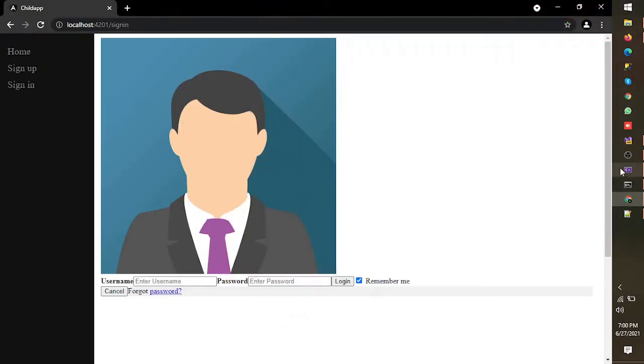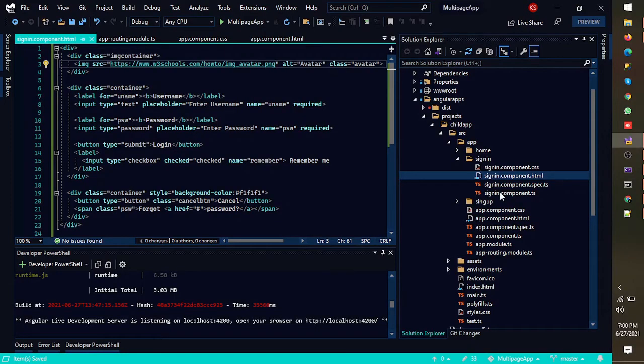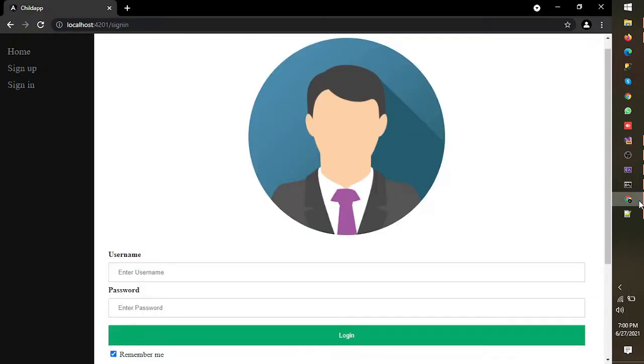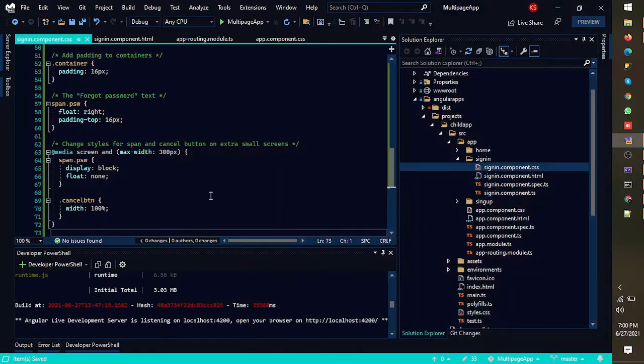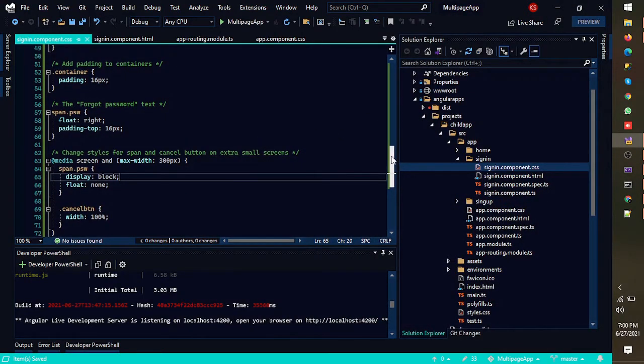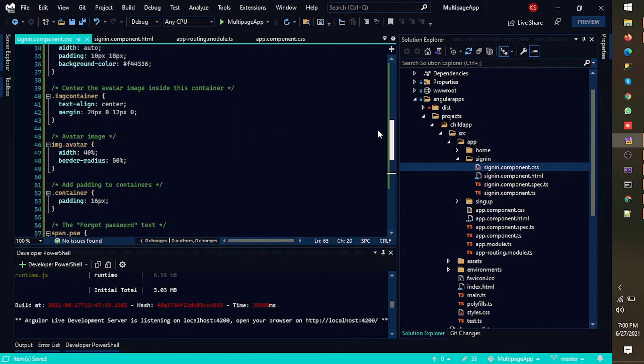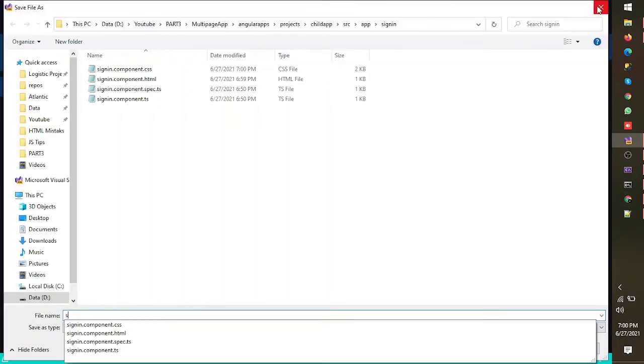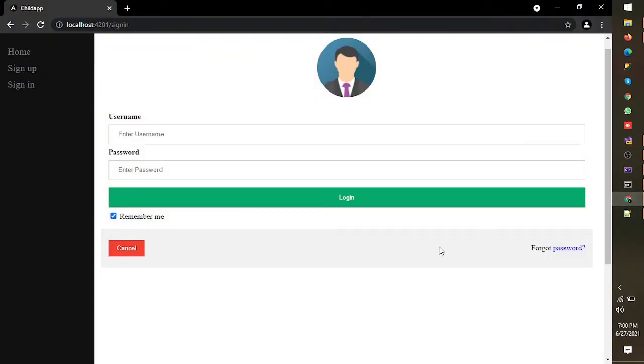Copied it, and we would need to paste it in the sign in CSS here, and see that okay, our avatar size is bigger than I anticipated, so let's make it a little bit smaller. Its width is 40%, make it 10, or let's say 12%, and see if, yeah, it looks fine to me. So our sign in is almost ready.